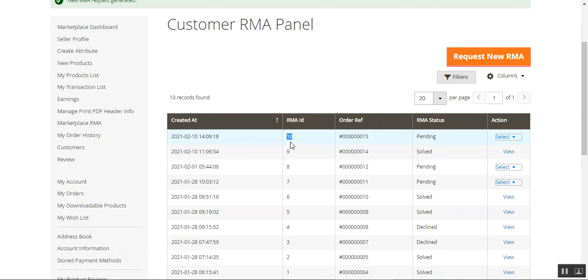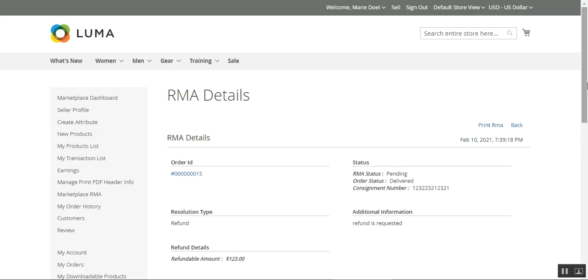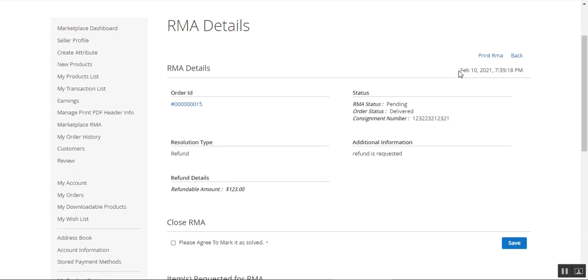You can see RMA ID 10 along with the creation date, the order reference number, the RMA status is pending, and we have the view and cancel option for the same. So the customer has generated the RMA. Now we can view that as well, or we can cancel this particular RMA by just tapping here the cancel button. After tapping on the view button, we can print the RMA, check the date, the order ID,